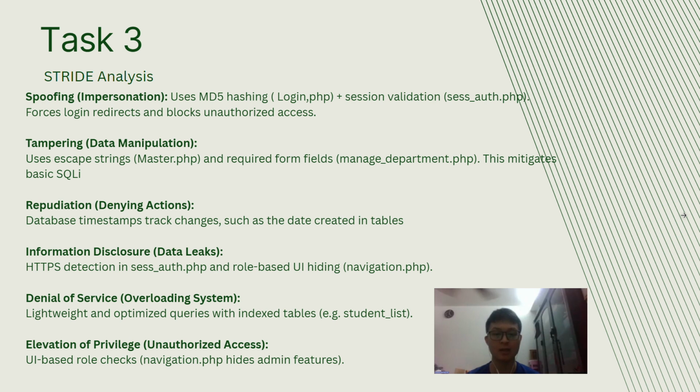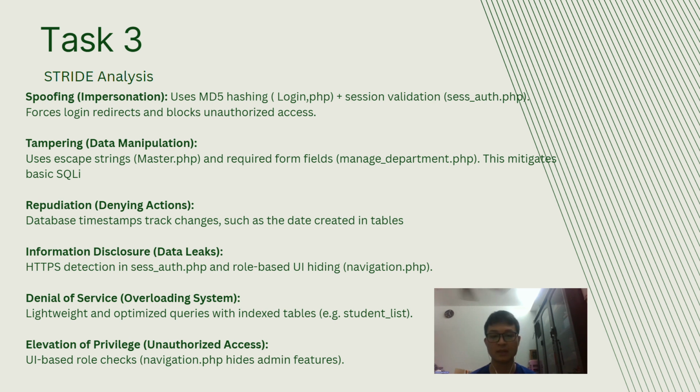Hi, I'm Oswald, and I'll be talking about task 3, which is the threat analysis and risk assessment on our system. So for the threat analysis, we have spoofing, where our system uses MD5 hashing and session validation. The session validation will force login redirects and block unauthorized access. For the tampering part, our system uses escape strings, where the code is located in master.php, and required form fields. And for repudiation,